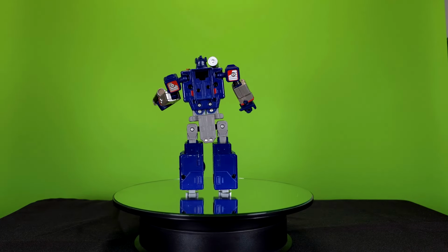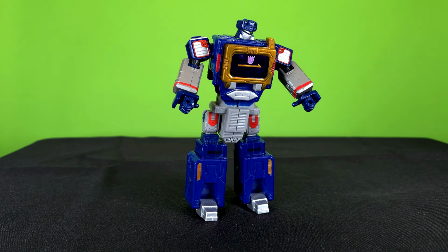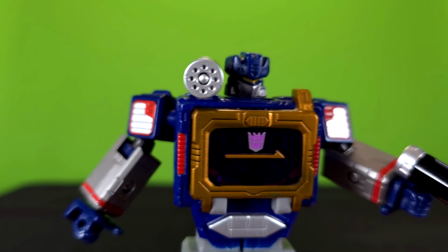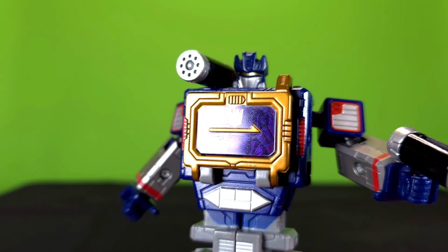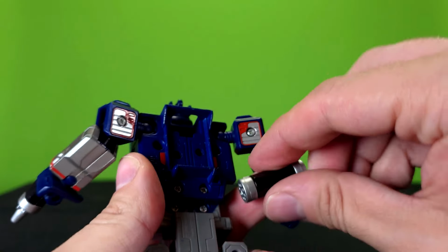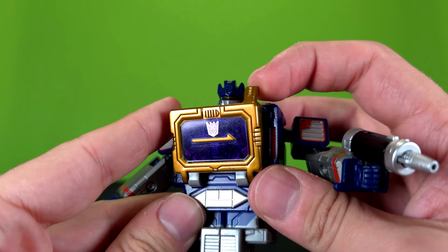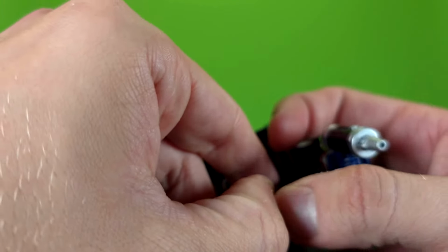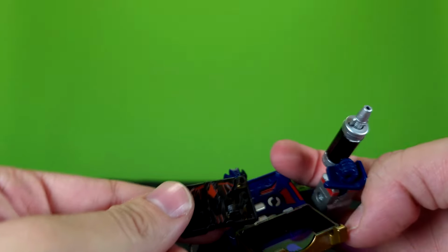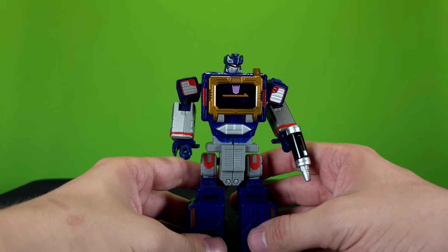I can recognize it as Soundwave. The idea of Soundwave is there at least. And there are some touches I actually quite like. I like his more angled V visor, something that works really well on other versions of him. I adore the fact his guns are stored away in his back like a pair of batteries like before. And the gold trim on the outside of his tape door is a much more prominent gold, and I actually quite like the look of it. It draws your attention in, which is good, because it draws you away from...